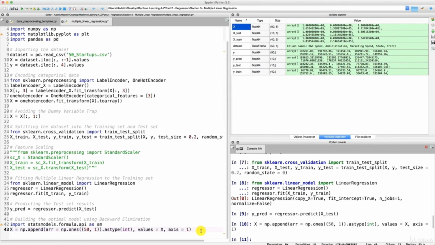And now, the moment we've all been waiting for. We're going to start backward elimination. But we're just going to take a little break now, and we start doing that in the next tutorial. Until then,